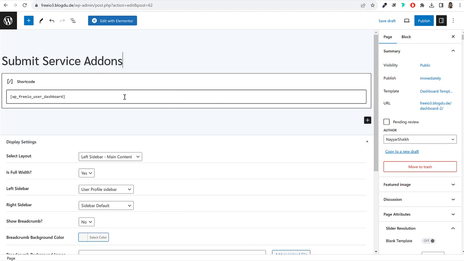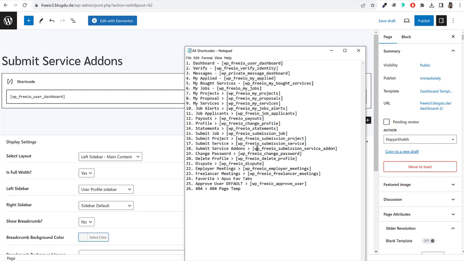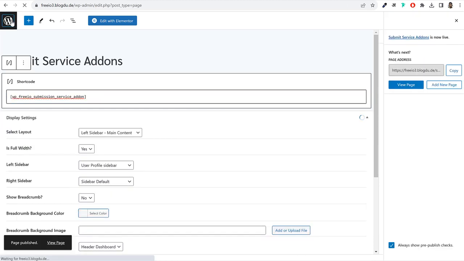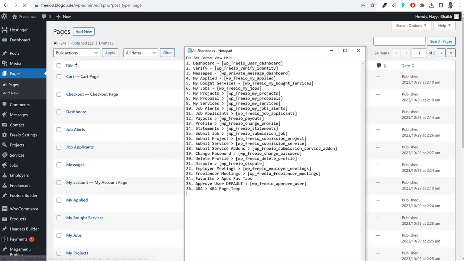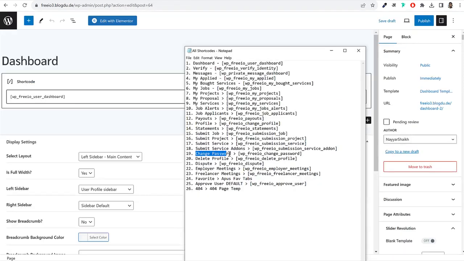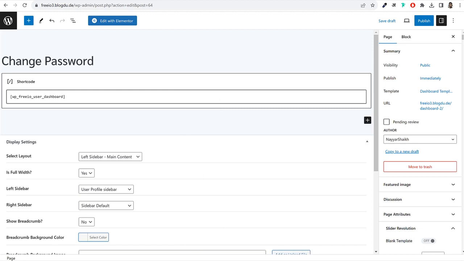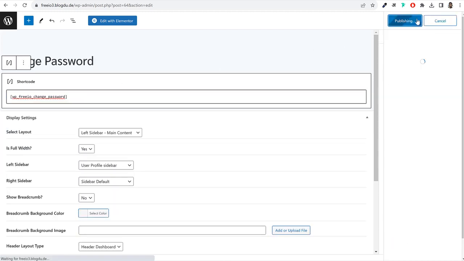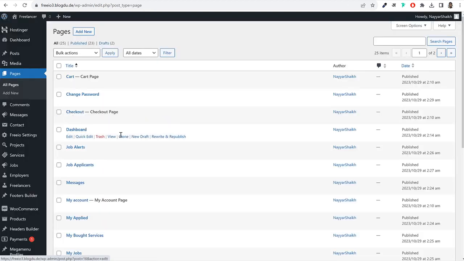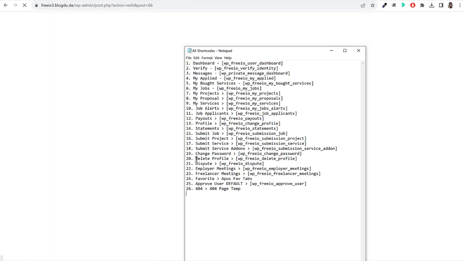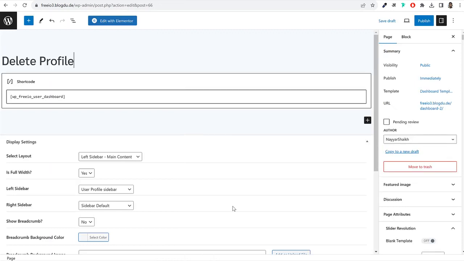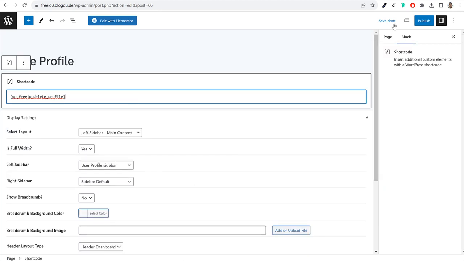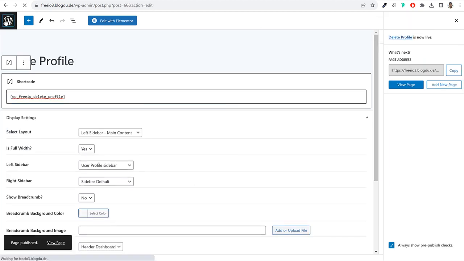All right, and select this option, publish it. Again, come back, dashboard, new draft, change password if user wants to change password, shortcode for change password, publish it. Again, come back again, dashboard, new draft, delete profile if somebody wants to delete their profile, and shortcode for delete profile, replace it, publish it, come back,